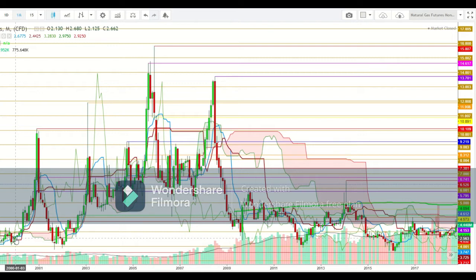As here you can see, the first peak was seen during the year 2000, when the natural gas futures tested a high at $10 in December 2000. So this was the first week when the natural gas futures tested a high at $10, and here you can see how the natural gas futures found stiff resistance at the psychological resistance at $10, and consequently during the next month once again the natural gas futures tried to cross $9.853, but from here a sharp sell-off was seen